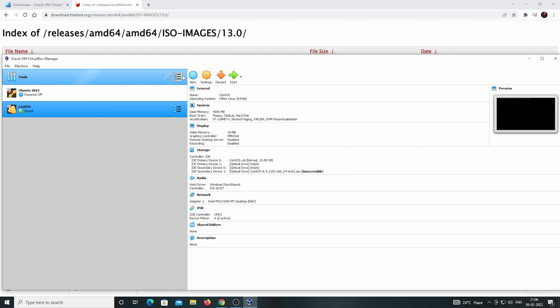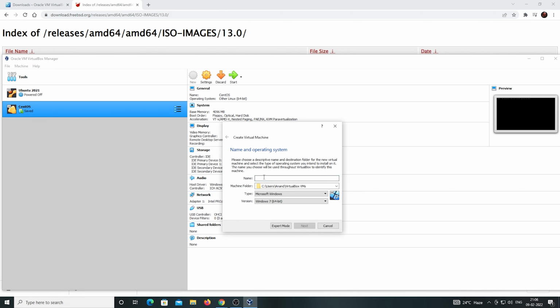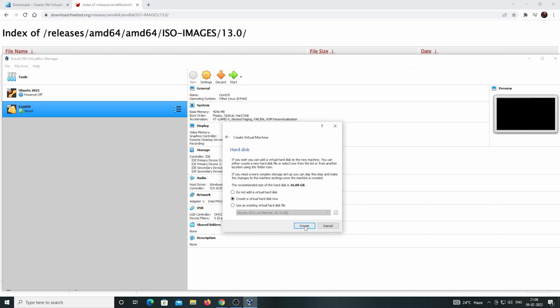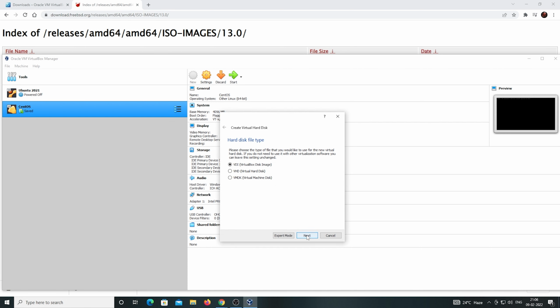After that, open VirtualBox, click on New, then type the name. I am typing FreeBSD. Then choose the type BSD and version FreeBSD 64-bit. Click on Next. Then allocate some memory. I am allocating 2 GB. After that, click Next. Then with the default settings, click Next, then Create,